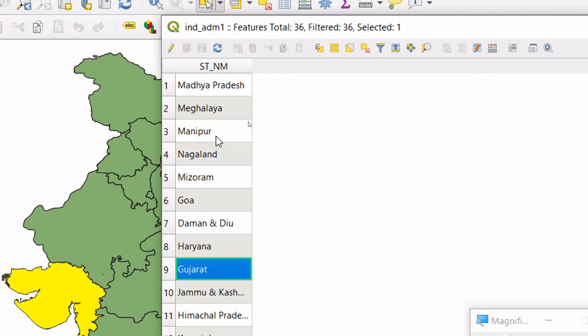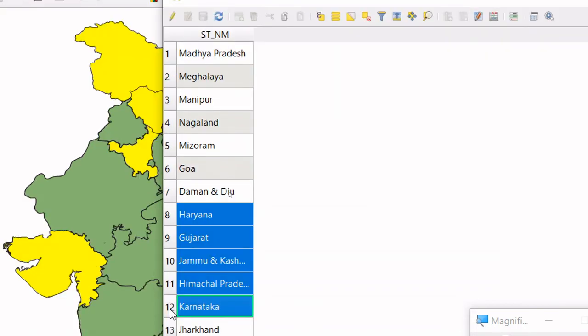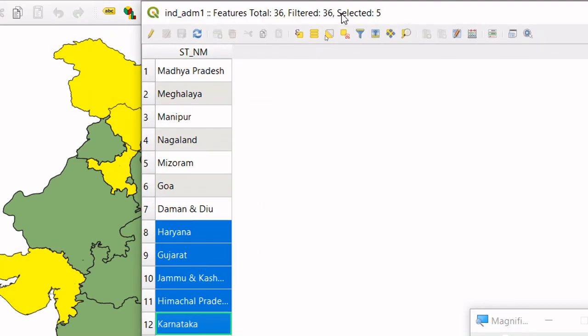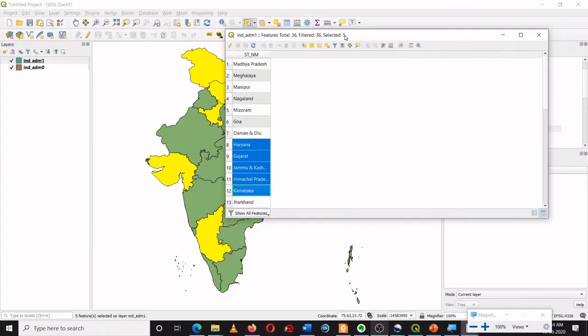Okay, Himachal, Karnataka. Okay, now with this, you can see the number of selected features are highlighted over here as 5 features are selected. Okay, so here total 36 features in this attribute table.